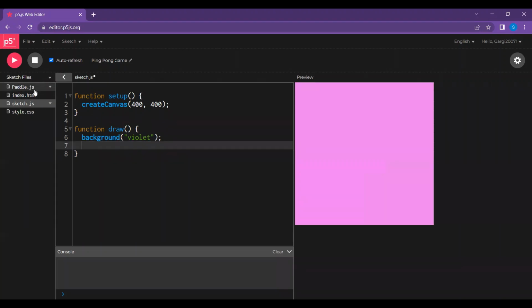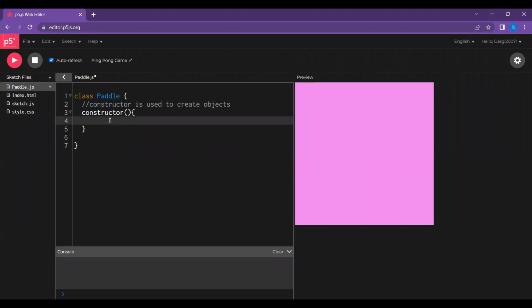Let's delete this and go back to the constructor. So what will be inside the constructor? The constructor is going to design or create our objects. So it should know which X position it should have, which Y position it should have, what width it should have, what height it should have, right? For that, can I give fixed values like 250, 200, 30, 30? Can I give that? No, because